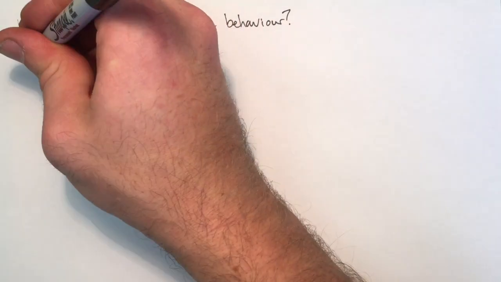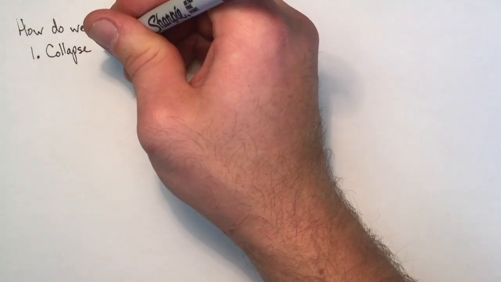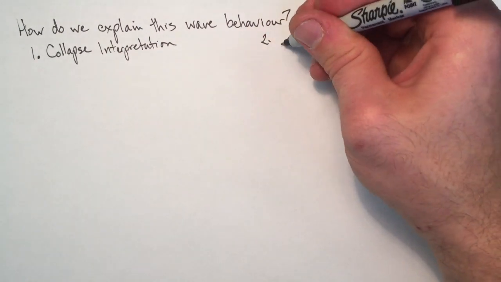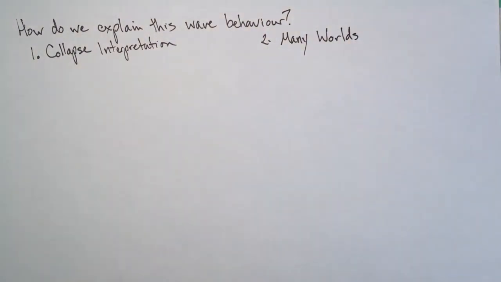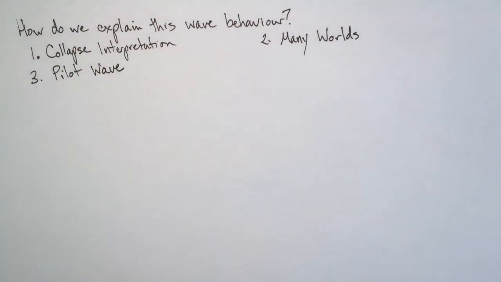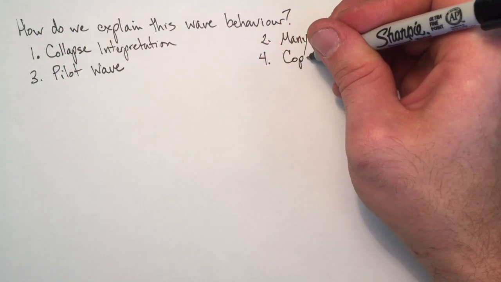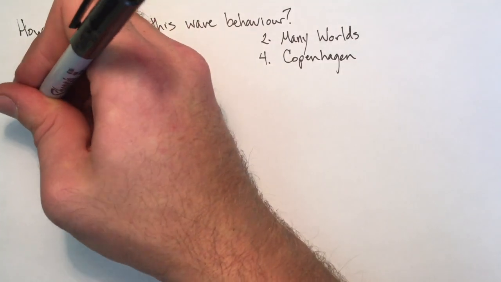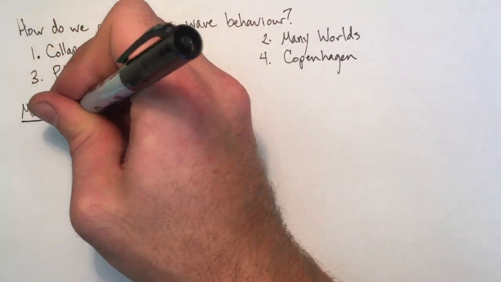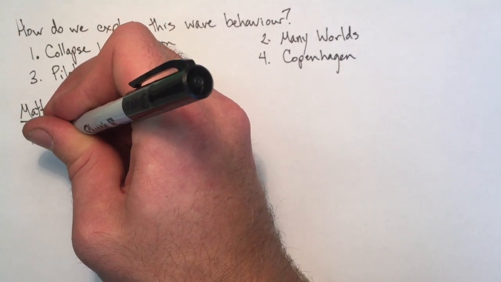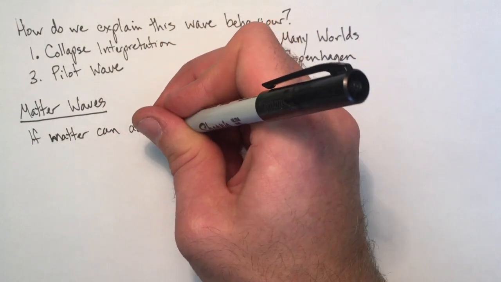So there's four main interpretations. The first one is the collapse interpretation. This is saying that the electron turns into a wave, goes through both slits, interferes with itself, and when it hits the screen, it collapses and turns back into a particle. Number two is the many worlds, saying that if there's two chances of things happening, the electron actually goes through both slits, but we see one and a parallel universe sees the other slit. Number three, pilot wave says space itself guides the electrons. And number four, the Copenhagen interpretation says don't worry about it, just focus on the results.